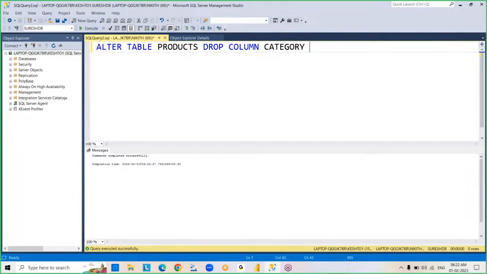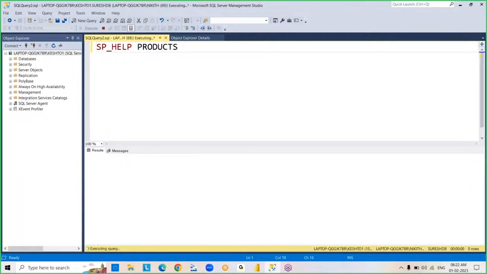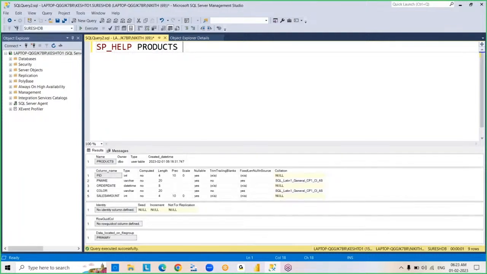Right? So alter drop: by using the alter drop command, we dropped a column from the table. If you have any doubts, sp_help products. See this, there is no category column existing in the table. Okay, now